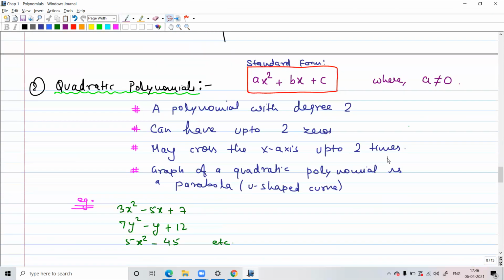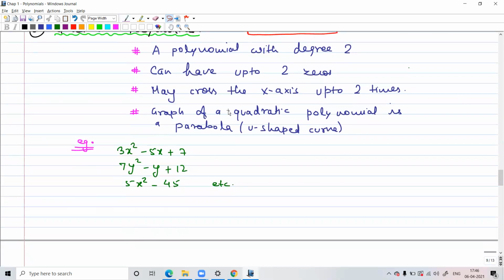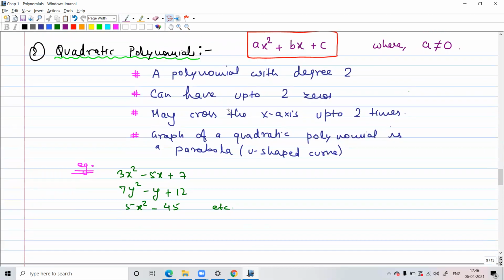Then this is your quadratic polynomial. Standard form is ax square plus bx plus c. So if this is your standard form,